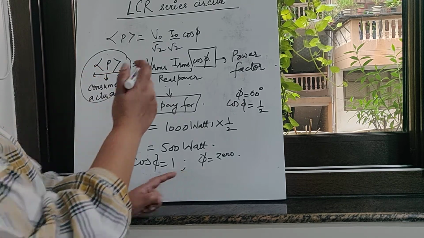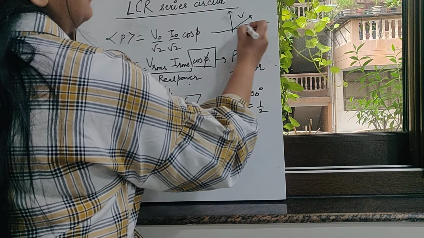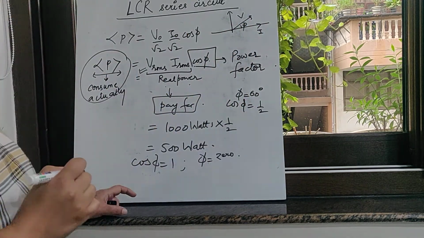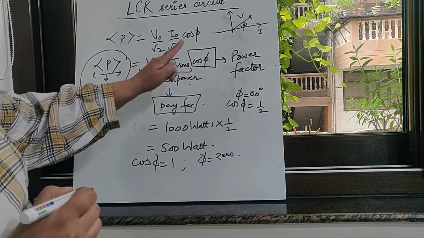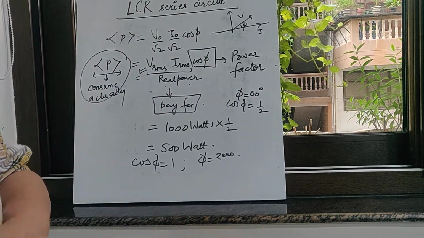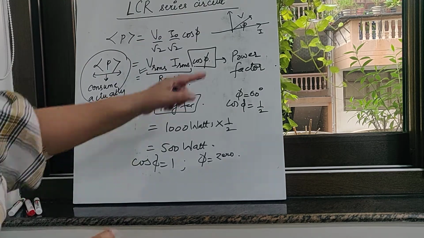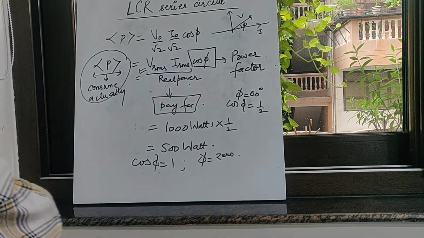We have already seen the diagram where I drew it like this. This was voltage, this was current, and they had a phase relationship of phi between them. Now we want this phi to be 0 somehow. We want to know how we can do that. So I am just erasing all this, and in a moment you will understand how we can make phi 0.